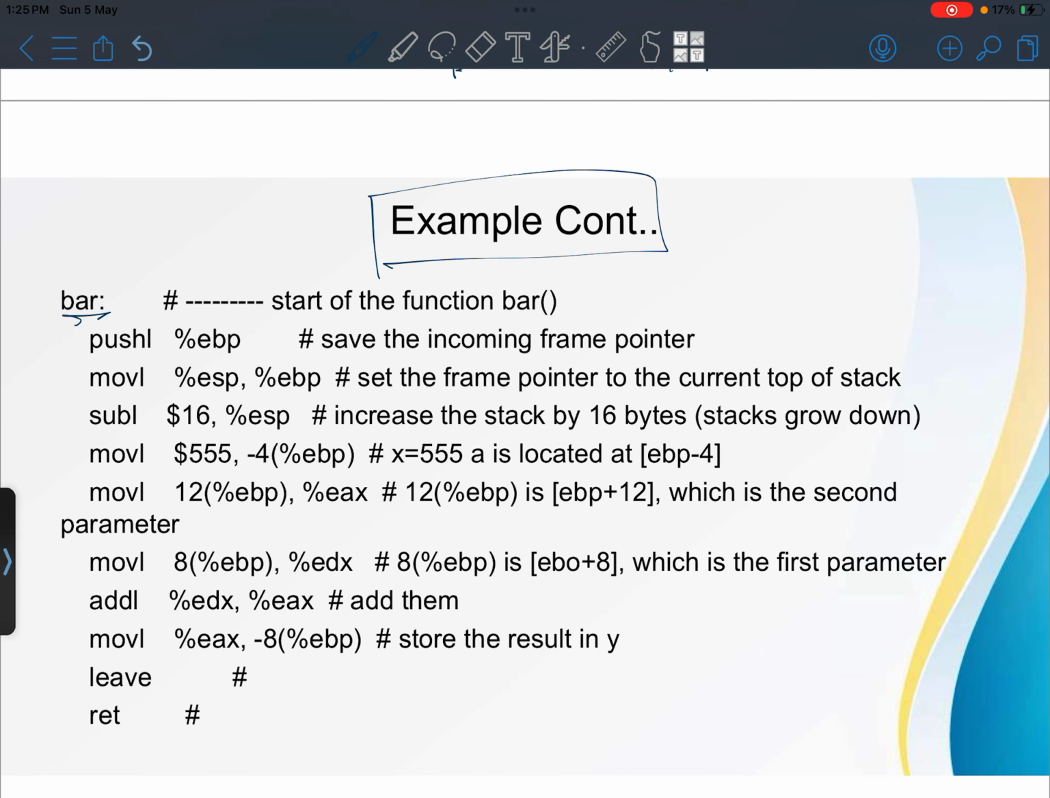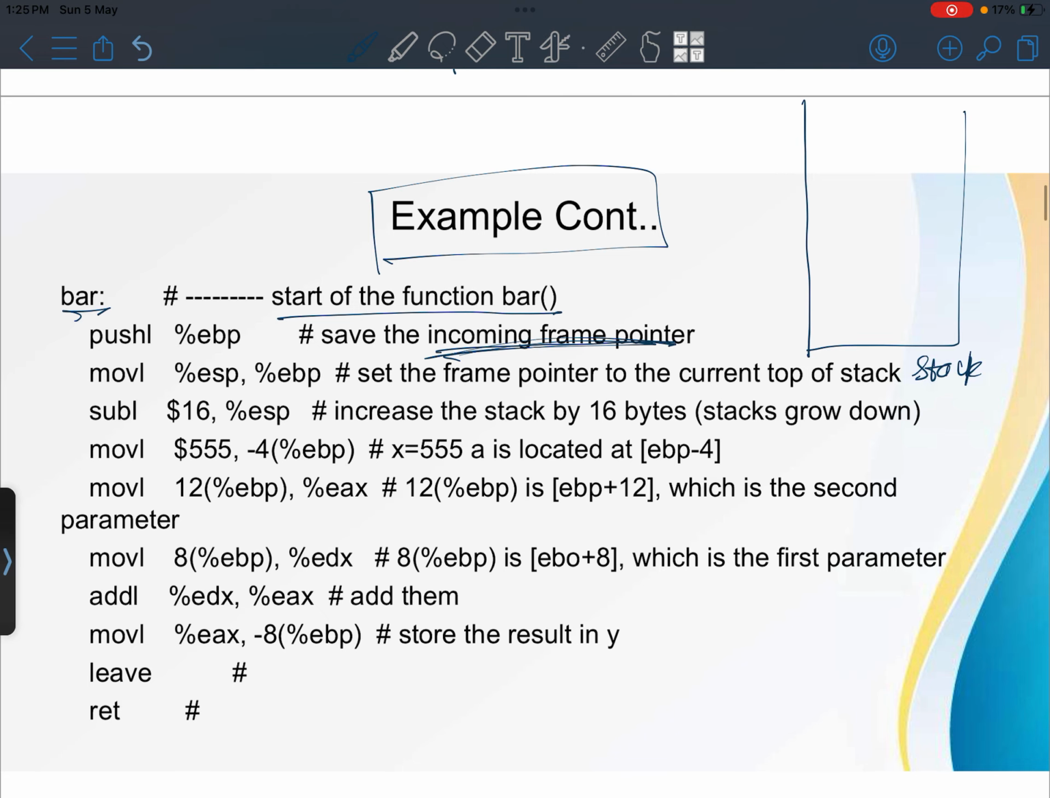An example continued. Push EBP. All of this explanation is given over here. Start the function bar. Saves the incoming frame pointer. Let's draw a stack. This is an incoming frame pointer. EBP, the value of this will be stored in this register. We will store it incoming